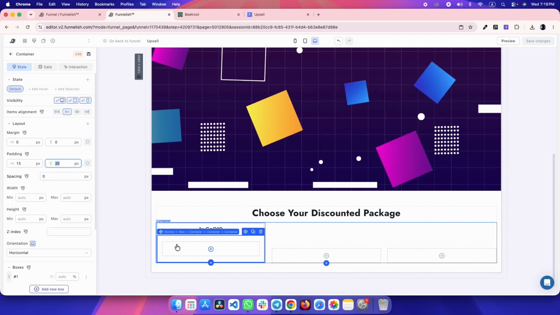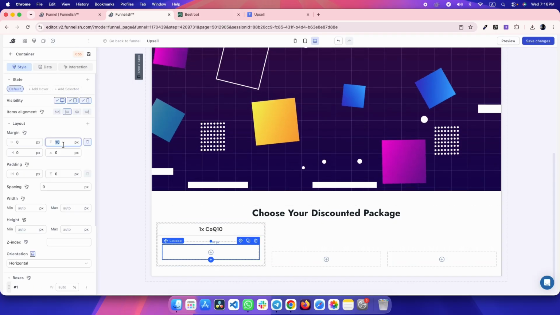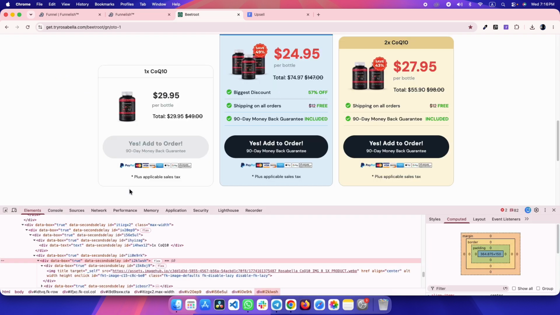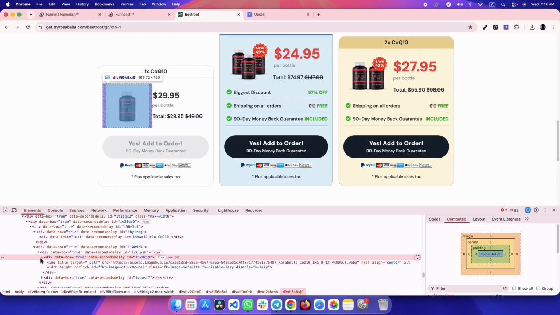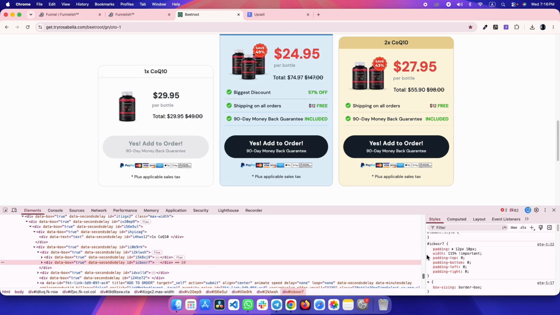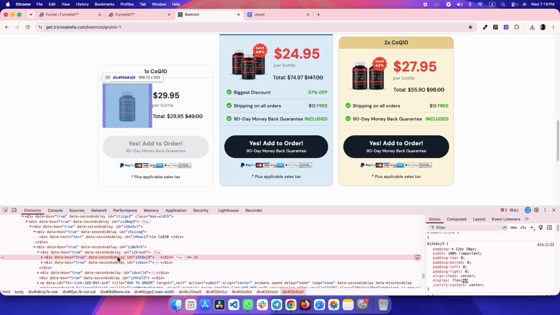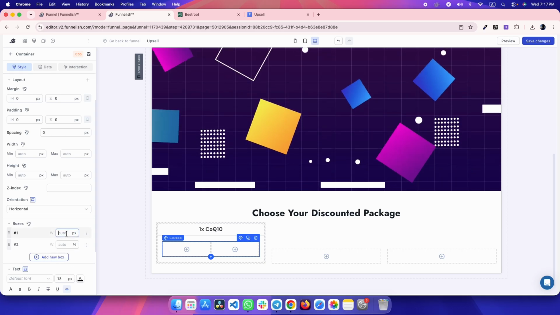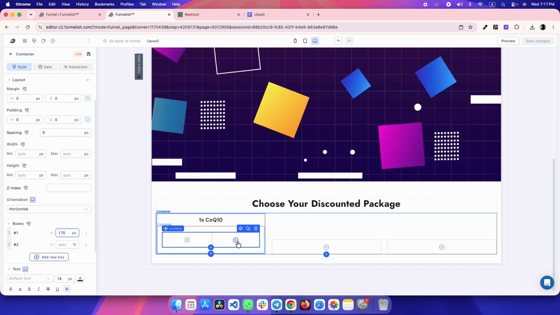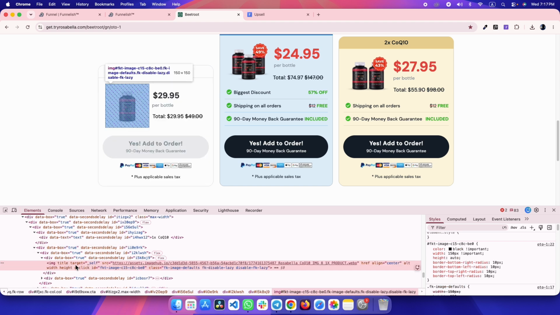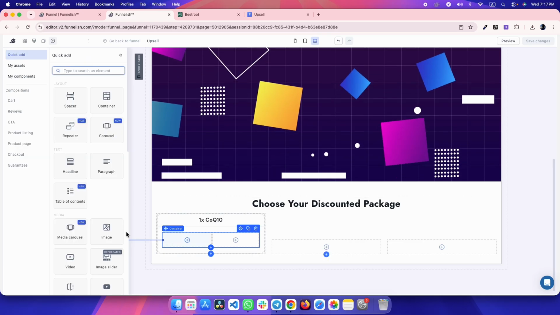So now inside this container we have to add another container, and this container will be total 2 box. So let's add a new box, and you can see the first box width is 169. So let's make it 170 pixel, and let's add the image, and you can see the image width is 150 pixels. So let's add an image,